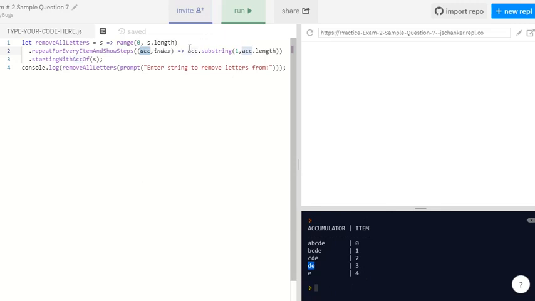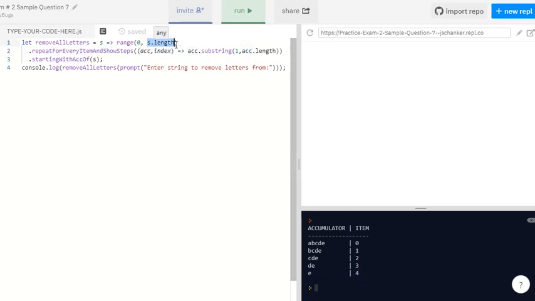Index is 3. It does DE. It takes the substring from 1 to DE dot length, so 1 to 2, which really goes 1 to 1. So it just gives you the E, right? And finally, you go to when your item is 4, right, which is S dot length minus 1,